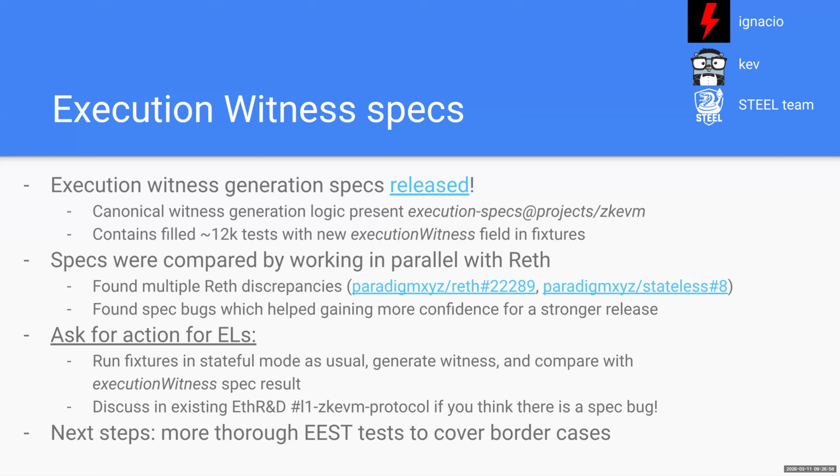Well, kind of. Do you have something like a block test? Like, does the client need to write some kind of specific binary to be able to execute all that stuff? And is it documented anywhere? No, you don't have to run anything new apart from supporting generating execution witnesses. There's no new binary needed or anything like that. Okay, so a new field appears in the current fixtures format. Okay. Thank you.